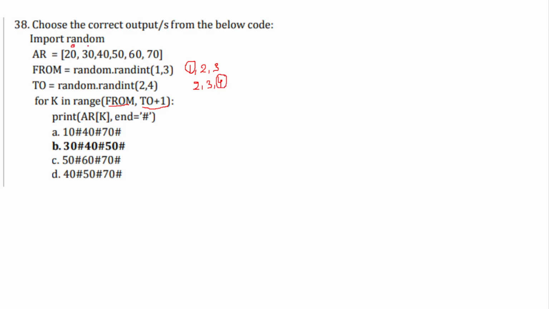So we'll give the index 0, 1, 2, 3, 4, 5. And again, please remember, because it is going to be from a range, whatever the values are there, they will be in a sequence. So 20 cannot come, 70 cannot come. Therefore, these three options are incorrect and this is the only correct option.